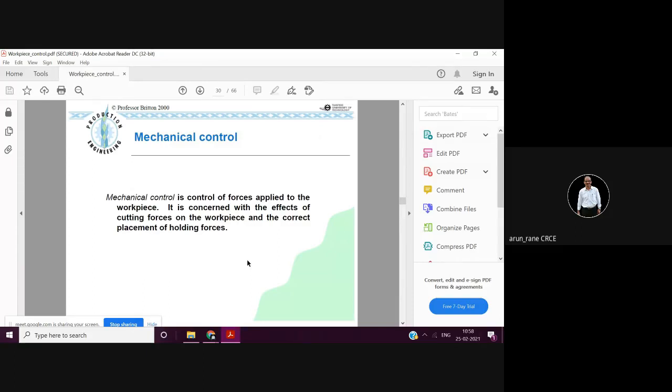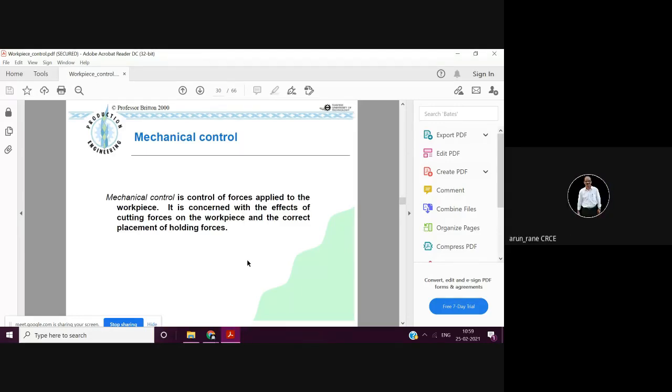Compromising on geometric control means I will take little less depth of cut. Because I compromise on that doesn't mean that my component should topple or vibrate or leave chatter marks. But if there is a good geometric control, then you can have more depth of cut, and your machining time will be less. Compromising on geometric control means you have to go for less depth of cut, and your machining time will increase. But geometric control has to be there.